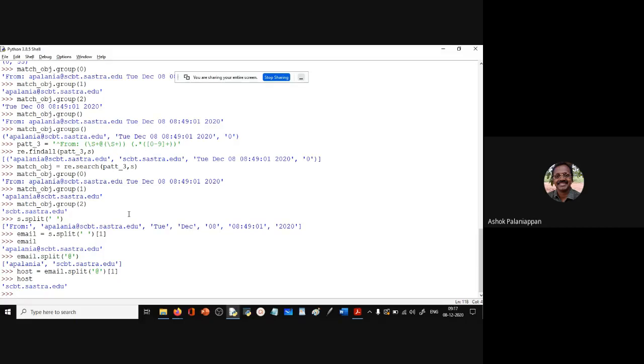Okay, and when you do it using strings, there'll be a lot of false matches, because in RE we are enforcing all these things. It has to start from, and then this is the exact pattern, and there should be all these. So a lot of different conditions we are specifying. So we are searching exactly for a line that begins with from. This is not possible using strings at all.